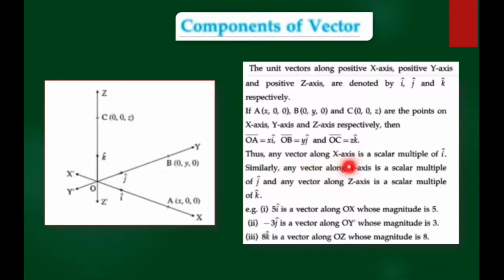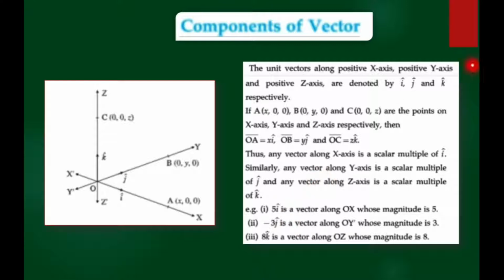Thus, any vector along the x-axis is a scalar multiple of i cap. Similarly, any vector along the y-axis is a scalar multiple of j cap, and any vector along the z-axis is a scalar multiple of k cap. So see some examples. 5i is a vector along OX whose magnitude is 5. So this is 5i cap. This 5 means that the point lies on the positive x-axis,